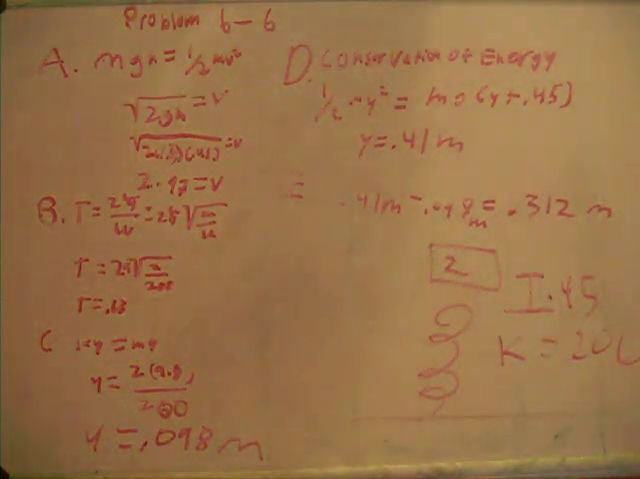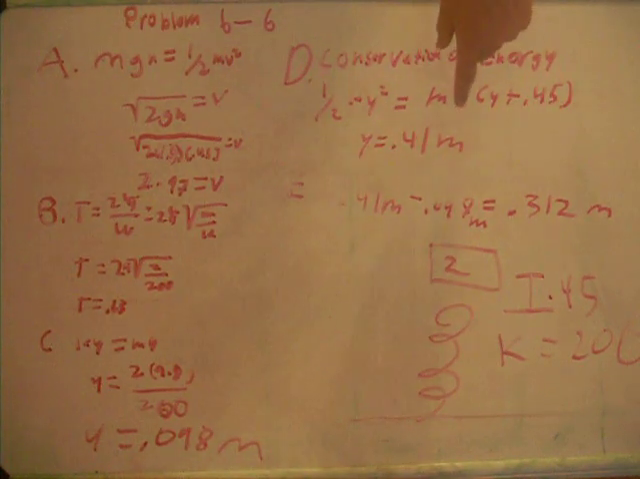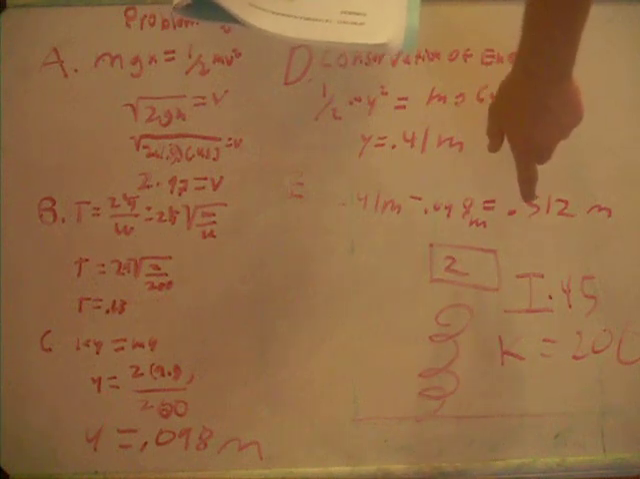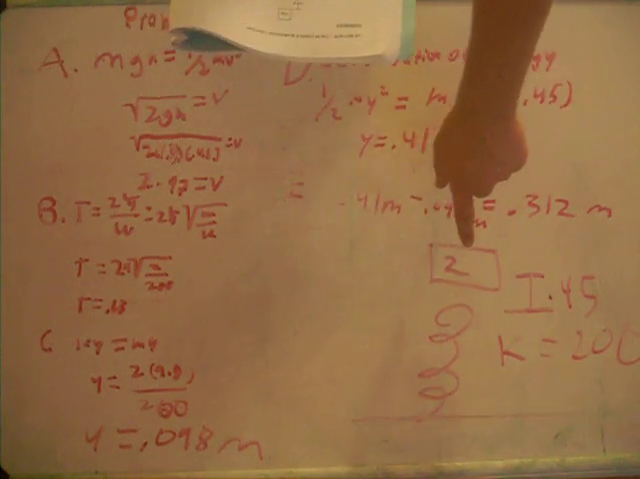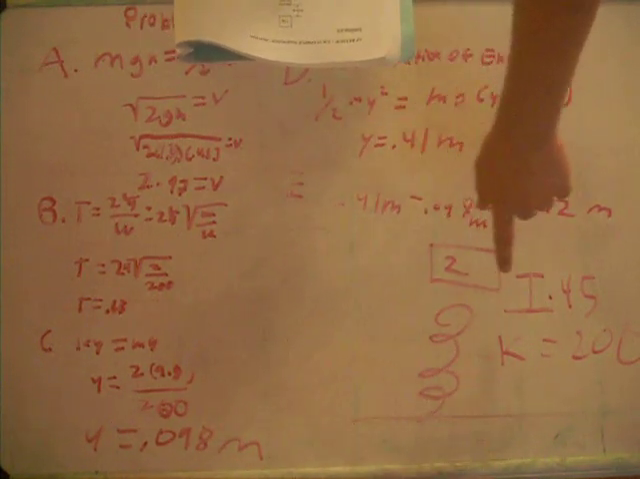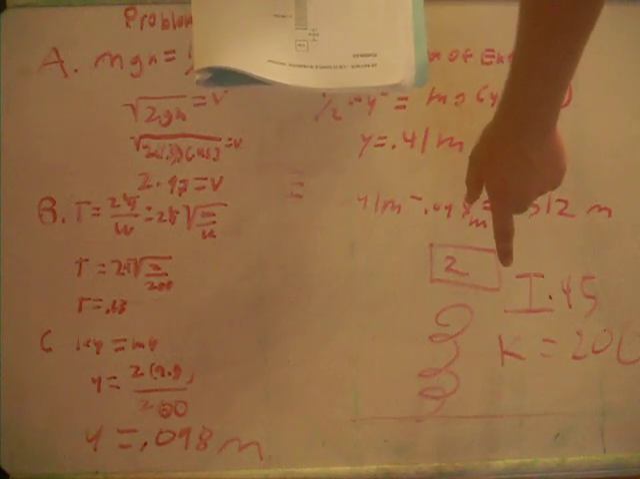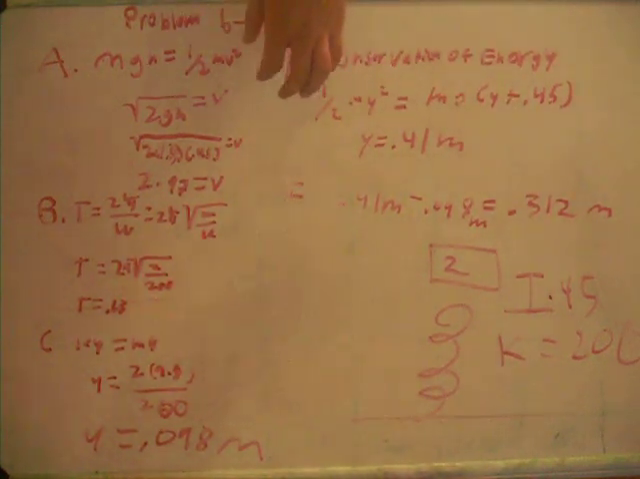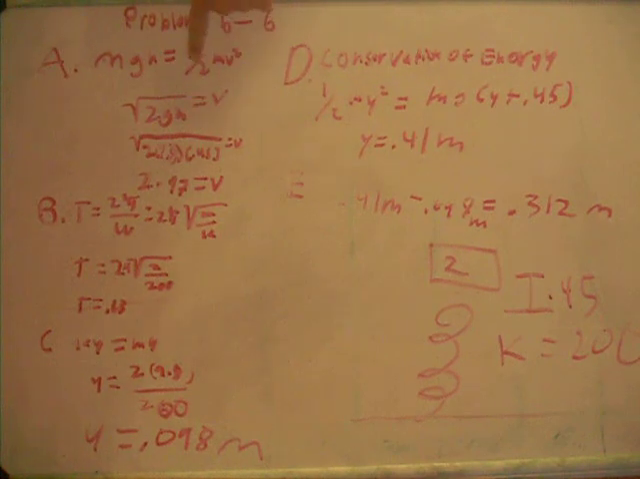This is problem 6.6 in the AP review book. A 2 kilogram block is dropped from a height of 0.45 meters onto an uncompressed spring. The spring has a constant of 200 Newtons per meter. For part A, we have to determine the speed of the block the instant it hits the end of the